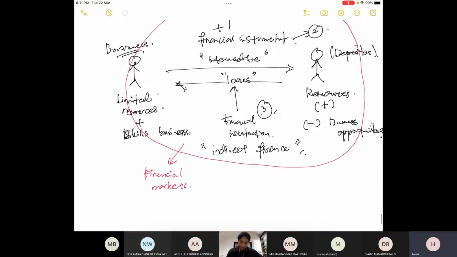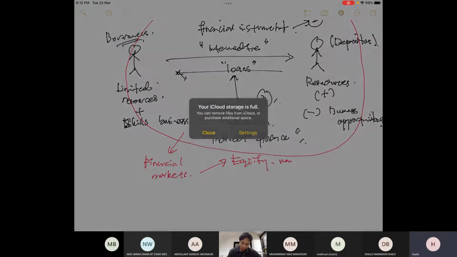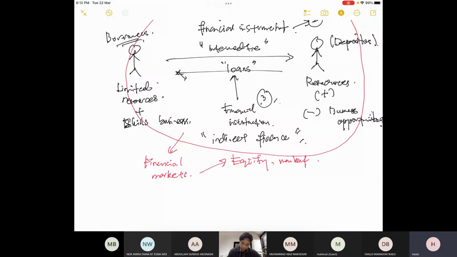I briefly explained that we can divide the financial market into two. Usually we divide it into equity markets and debt markets. The equity market deals with stocks, where companies list their shares to be owned by